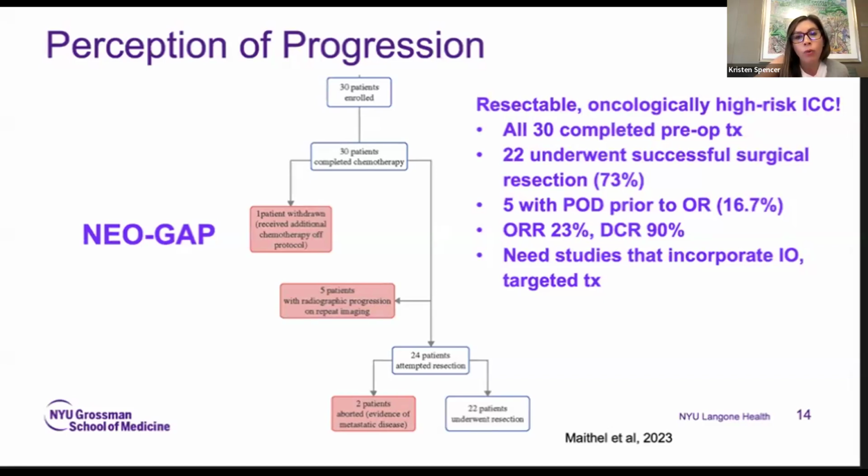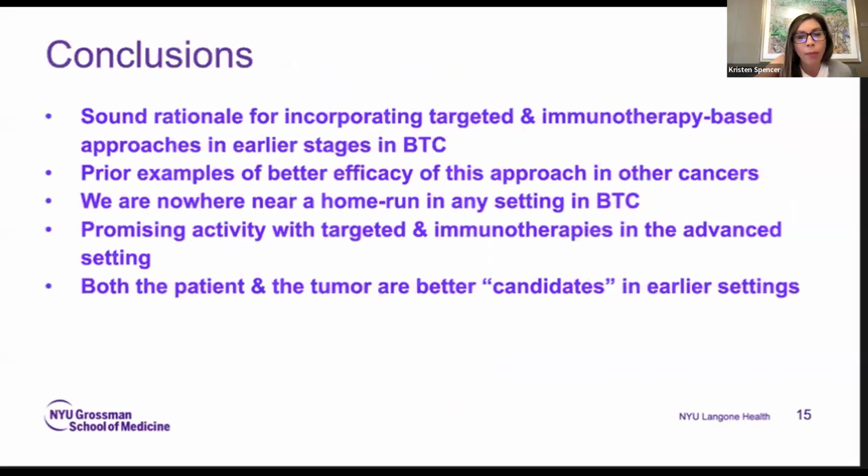And I'd argue that really a minority, only 5 or just under 17%, had progression of disease prior to going to the OR. So that led us to an overall response rate of 23%, and importantly, a disease control rate of 90%. And again, this was in our surgically high-risk patients. So I really imagine that studies incorporating IO and targeted treatments, including our patients of average risk, could do even better. So I'm probably at or over time, but in conclusion, I think there is a really sound rationale for